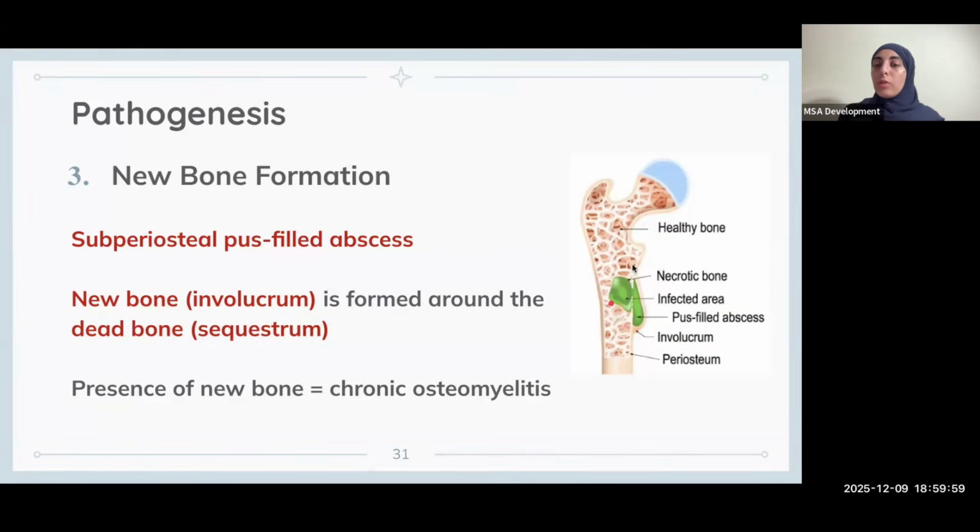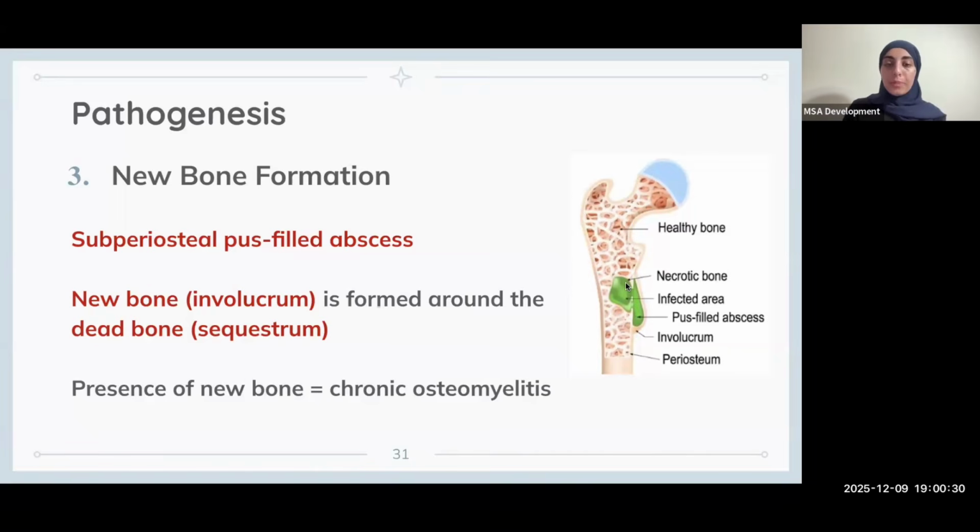As we said, there's dead bone, so we form new bone, and this new bone is gonna wall off some pus. We have a lot of pus here, obviously, because we have infection. And the new bone, when it forms, it's gonna surround the pus, and you're gonna end up with this subperiosteal pus-filled abscess. Okay, this is a new bone. It's gonna trap all of this pus, forming some sort of abscess. So again, we have subperiosteal pus-filled abscess, we have sequestrum, which is the dead bone, and we have involucrum, which